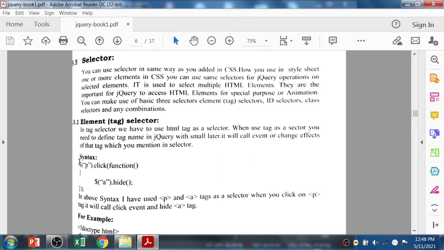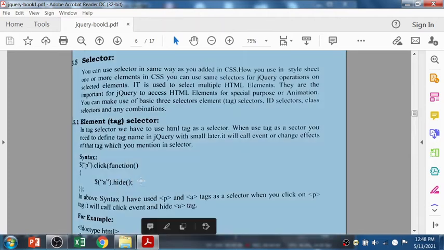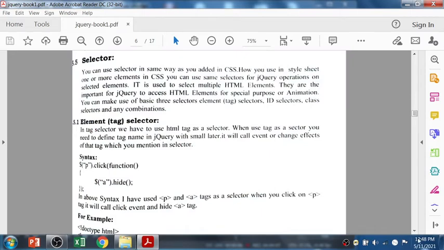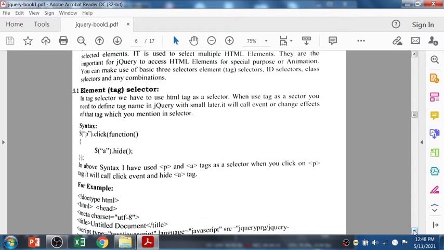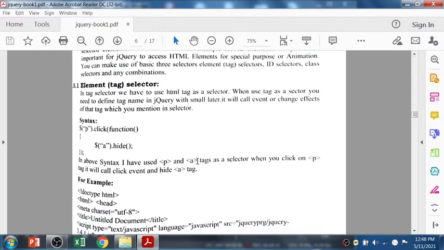For example, $P. P is the P tag. So $P dot click function, and the effect is $A, the anchor tag, that element will be hidden. The hide function is provided by the jQuery library, but to point to a particular element you have to use a selector from the CSS concept. In the above syntax, I use the P tag and the A tag.